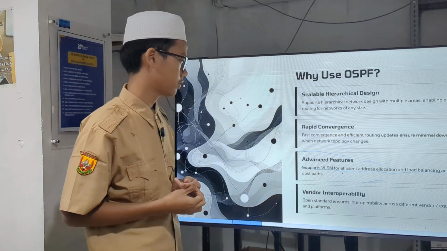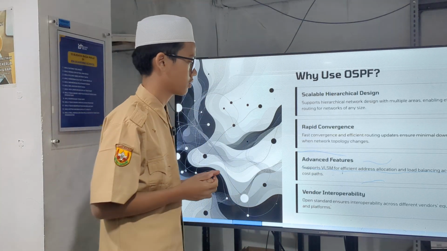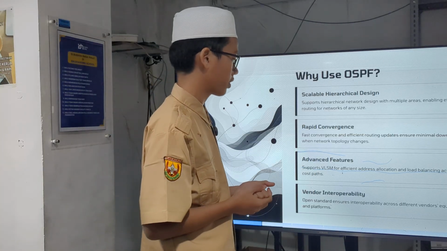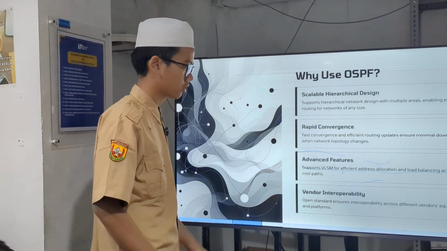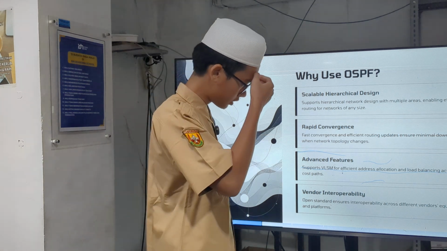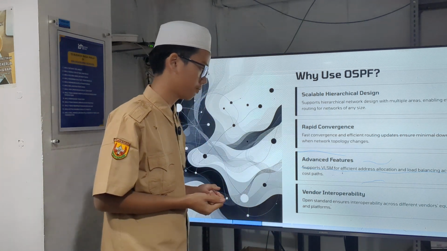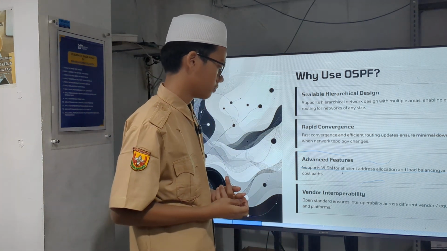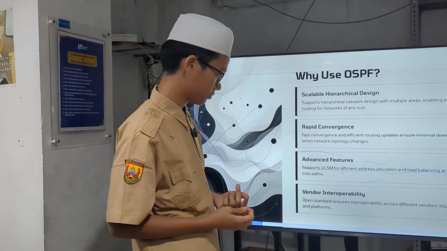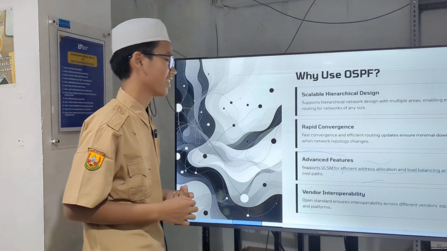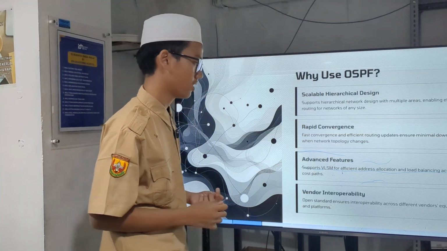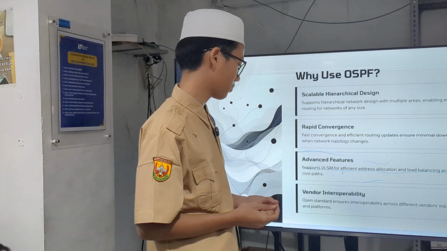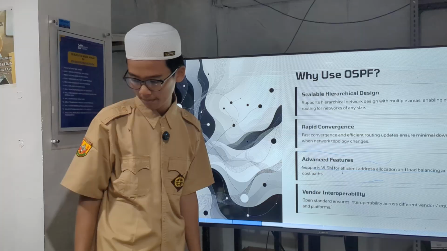Next, advanced features, because OSPF supports VLSM for efficient address allocation and load balancing across equal cost paths. And last is vendor interoperability, because open standards ensure interoperability across different vendors, equipment, and platforms.